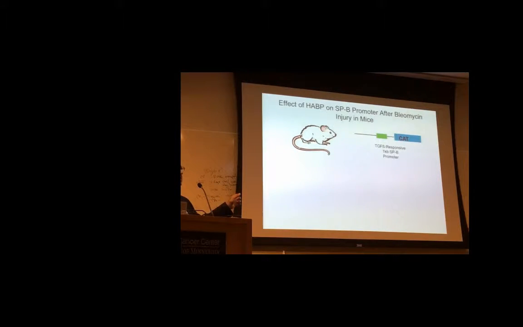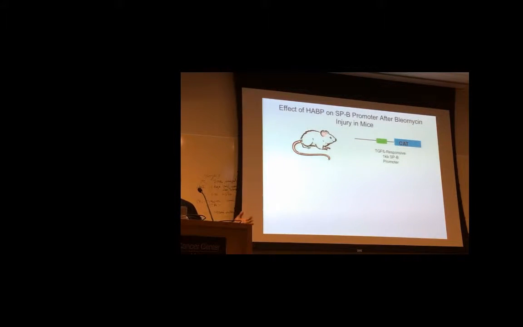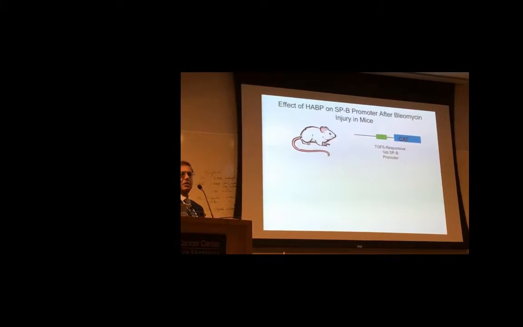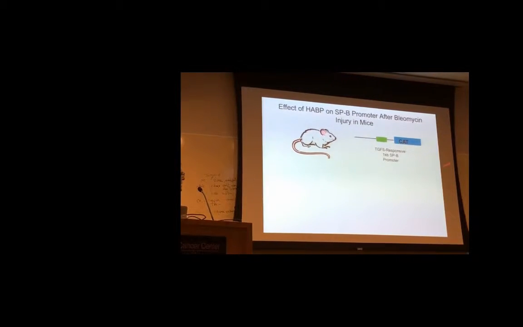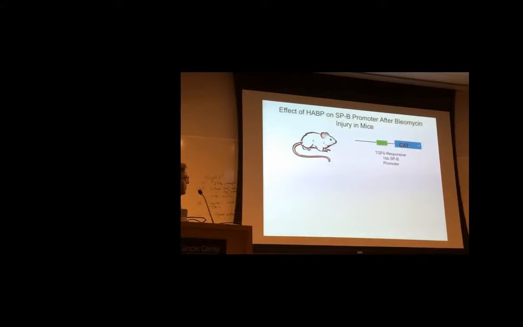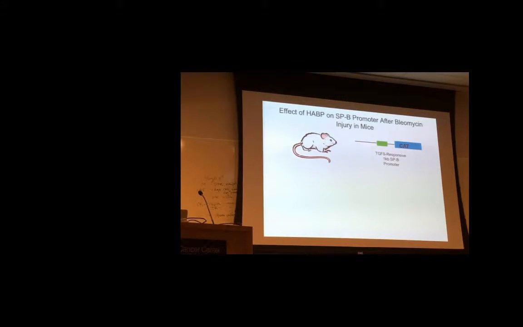And it binds to that site and increases the expression of SPB. And we knew that if you gave TGF-beta, the binding of TTF1 to that site was decreased, and so we generated mice that had this promoter construct driving a chloramphenicol acetyltransferase reporter. So here's a mouse with a CAT,